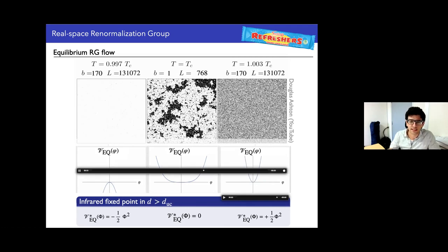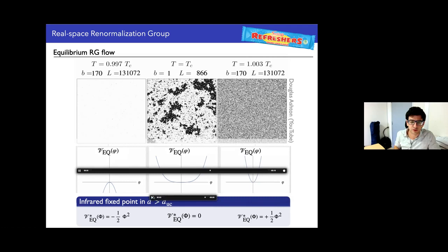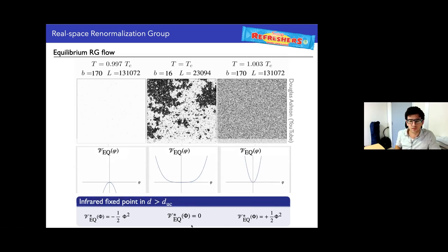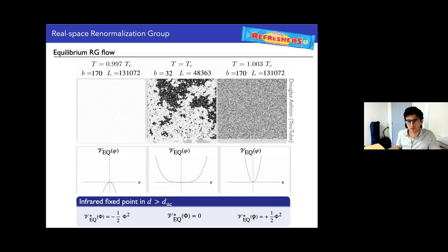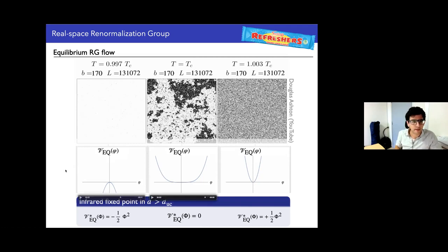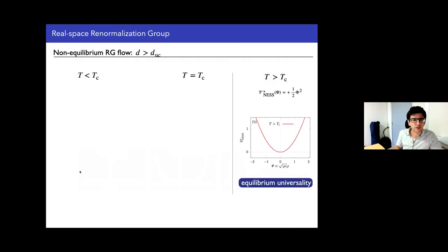And if you're exactly at criticality and you zoom out, what you're seeing is that your potential is becoming flatter and flatter. In all those cases, the potential is quadratic, whether an inverted parabola, a flat potential, or usually your typical parabola that gets sharper and sharper. All right. So because we know everything about equilibrium and we have this dictionary, which is the renewal formula, we can compute everything out of equilibrium and extract the non-equilibrium free energy density.